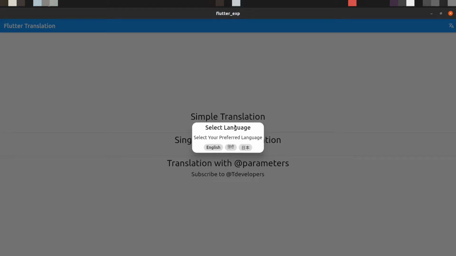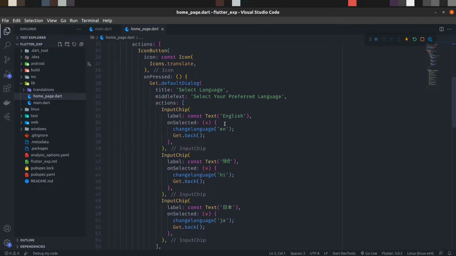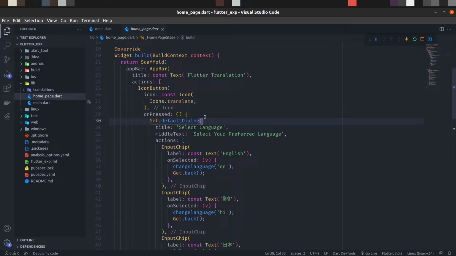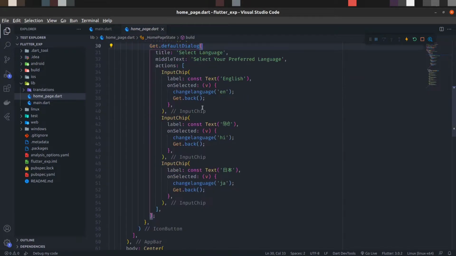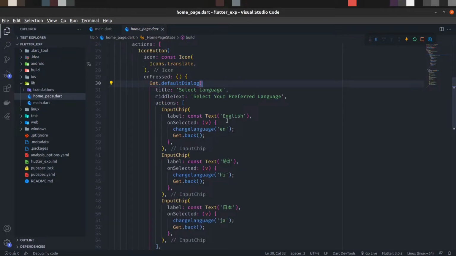Yes, you can see this is getting a pop-up and we can select any of the languages, and that pop-up is also coming from this Get package. So on clicking on this icon button, it is calling this Get.defaultDialog, and it will open a dialog where we can select some of the language chips, input chips.